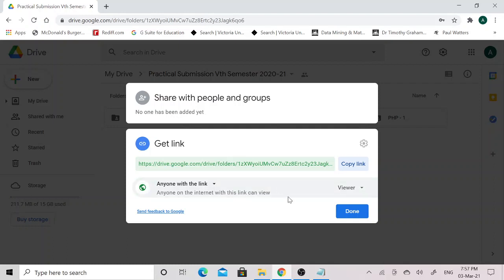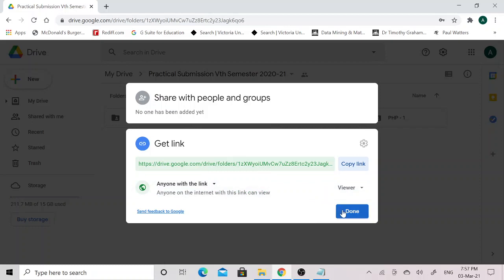It means that anyone in the web browser or anyone user on the internet is able to click on this link and view your assignments. Thereafter you need to click on this copy link button. Your link will get copied.